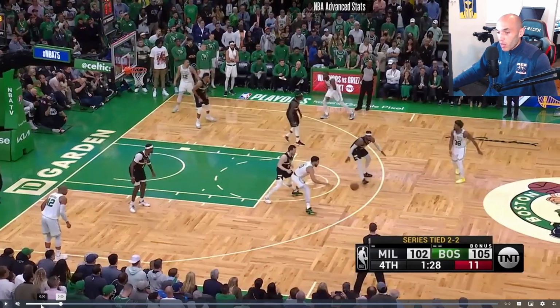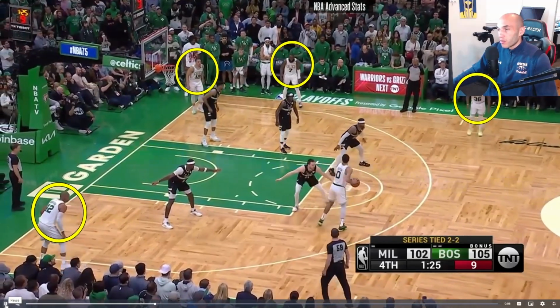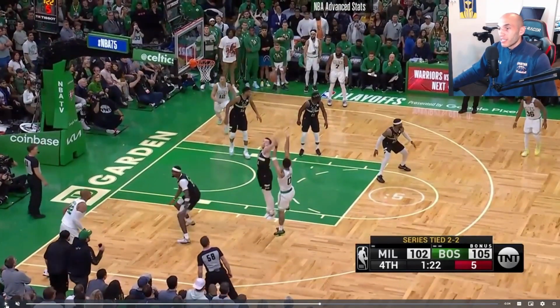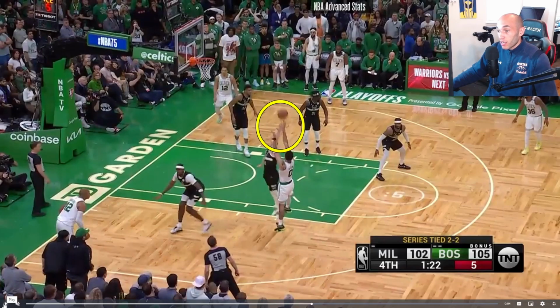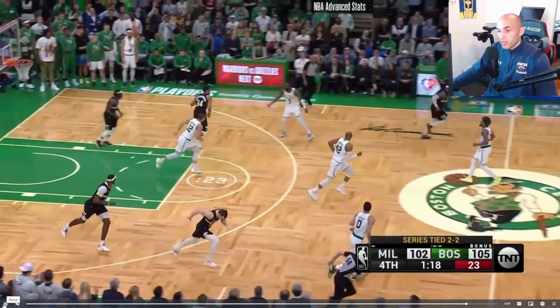But here, I mean, you have 12 seconds left on the shot clock. Tatum catches, watch. Everybody's just watching. Tatum, bail us out. Little hesitation, very contested jump shot. Let me bring this back a little bit. Very contested jump shot. Connaughton actually almost blocks the shot, and it's a miss, and the Bucks are off, and